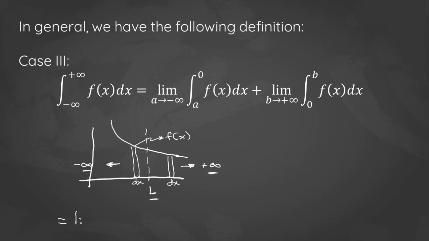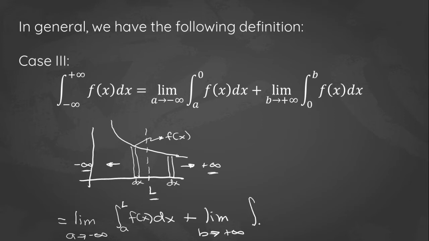So our area 1 is the limit as a approaches negative infinity, having its limits of integration from a to L, f of x dx, plus the second area, which is the limit as b approaches positive infinity, having our limits of integration